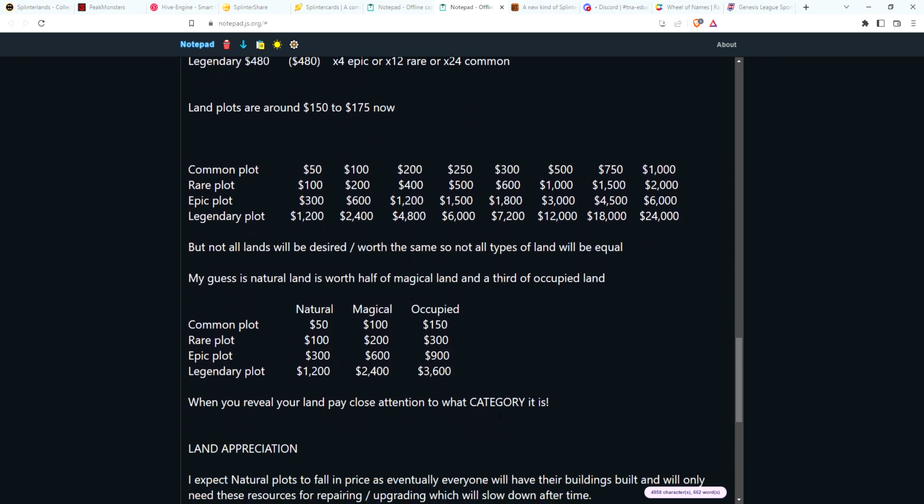So that is definitely something to look for. Like I said, when you reveal your land, pay close attention to the category that it is. Is it natural? Is it magical? Is it occupied? Don't simply worry about, oh, it's common, it sucks. No, if it's common and it's occupied, you broke even at least, I would say. And then, like I said, if you get a rare or an epic and it's occupied,